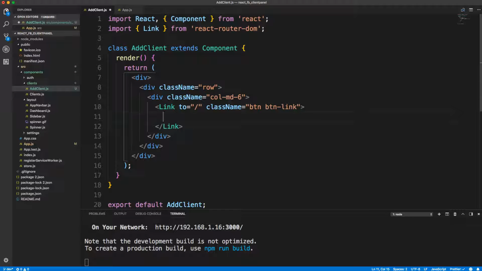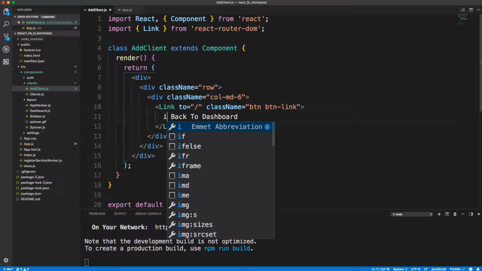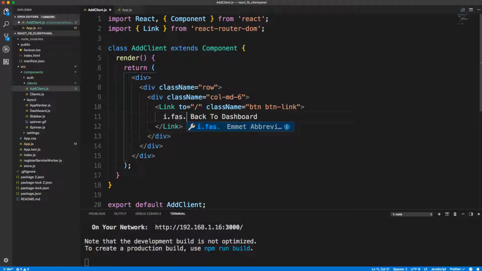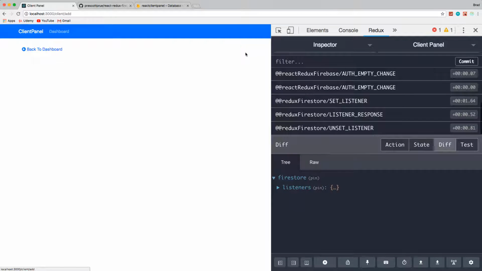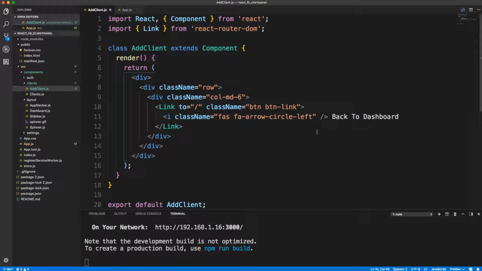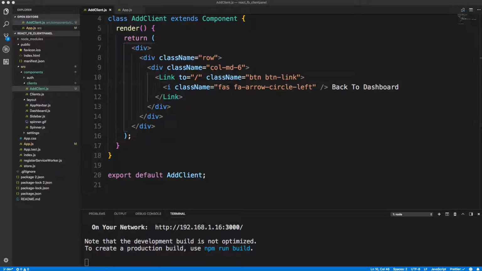Okay, and then in here, we're going to say back to dashboard, and then I'm also going to put an icon here. So let's say i className, we'll do fas, and let's do fa-arrow-circle-left. Okay, and let's save that. Let's take a quick look, and there we go, back to dashboard. So a little bit of navigation. Now underneath this row, okay, so this is basically just like kind of like the heading. Underneath this row right here,